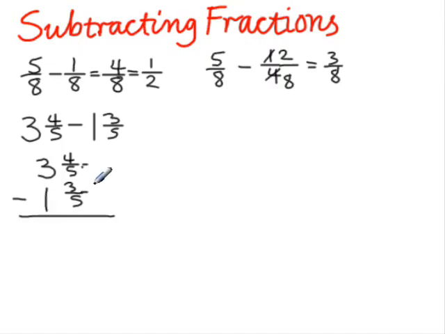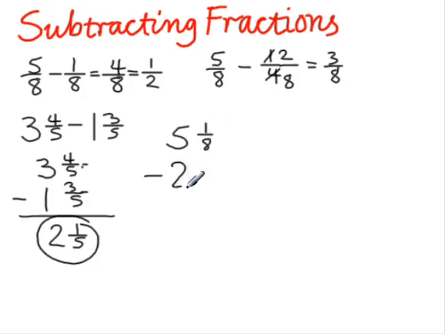4/5, 3/5, we can subtract. 4 minus 3 is 1, 1/5. 1 from 3 is 2. Can this be simplified? No, it can't. And so our final answer is 2 1/5. Another example, 5 1/8